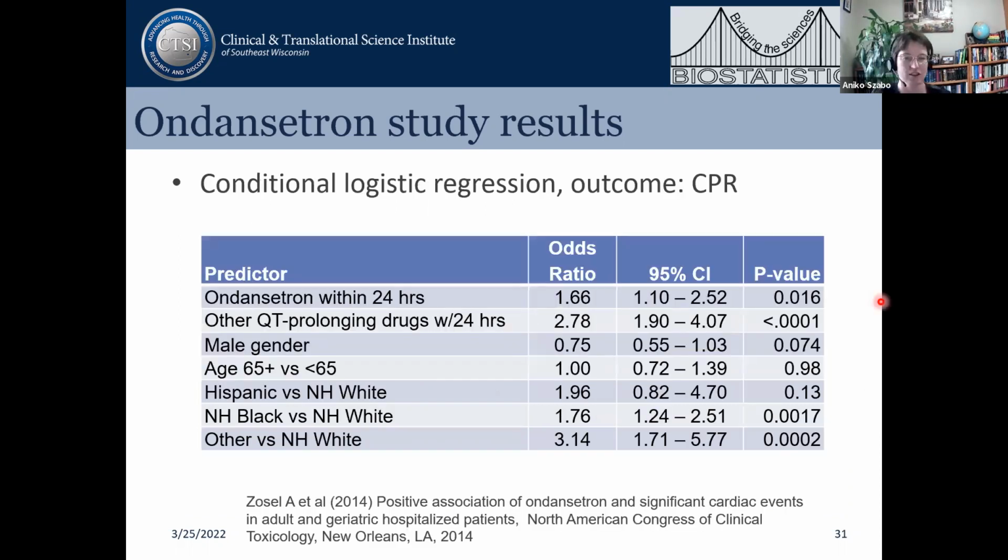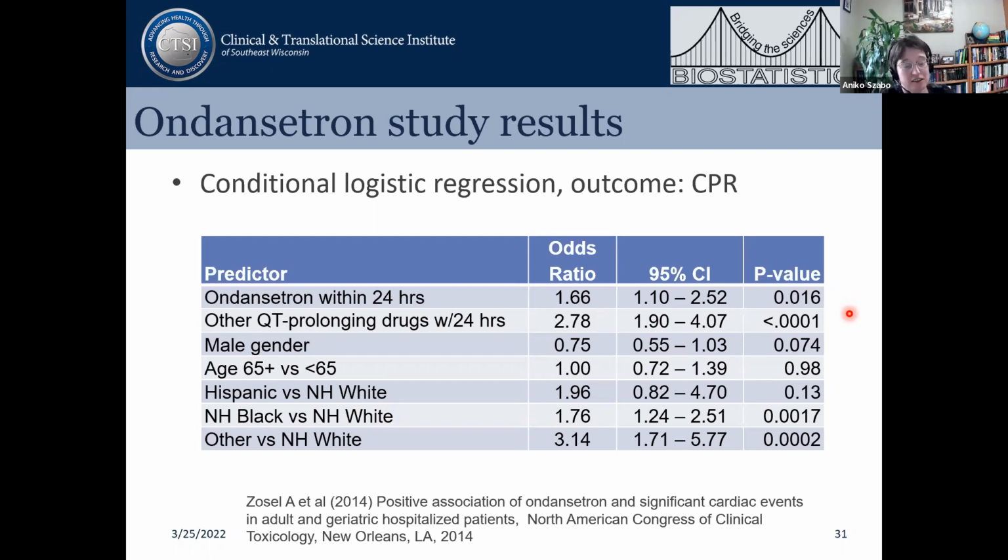And here it was a complicated enough case with other covariates that we didn't match on. So we just included everything in the logistic regression model, even adjusting for other things. The big risk factors actually turned out to be race and ethnicity, which we might have matched on, but we didn't. But ondansetron and other QT prolonging drugs, both of them were increasing the risk of